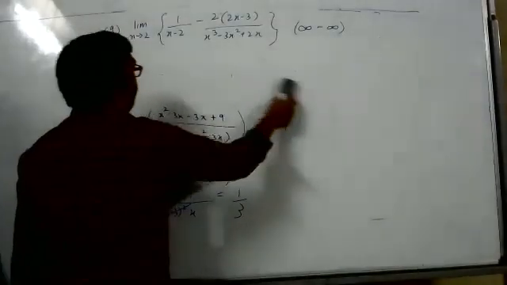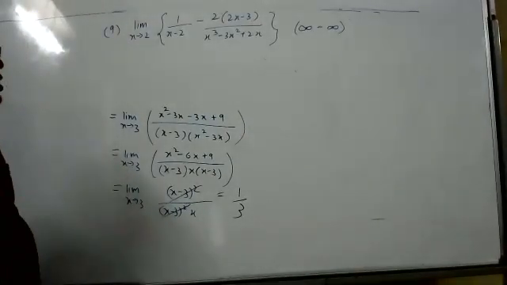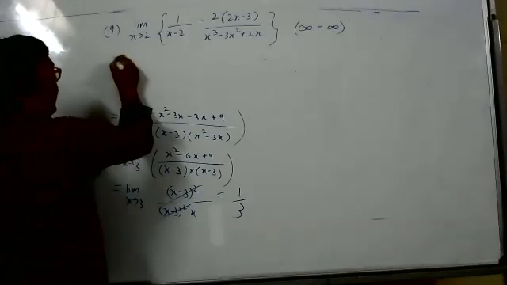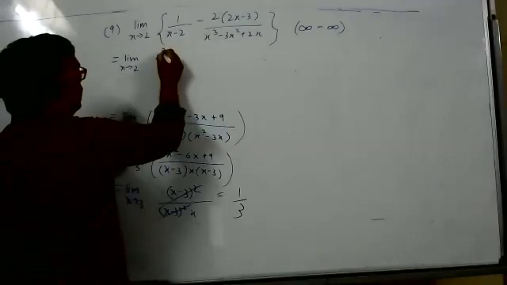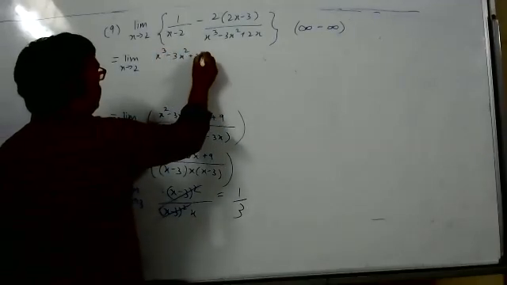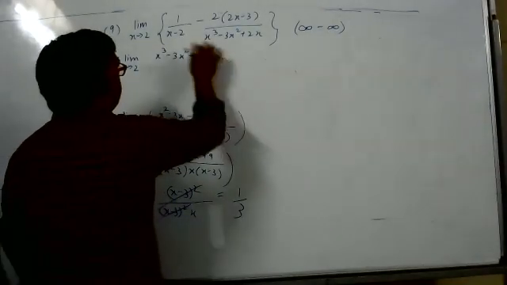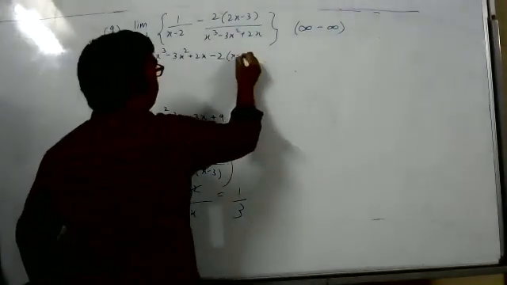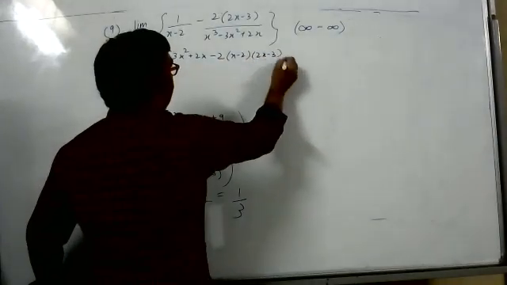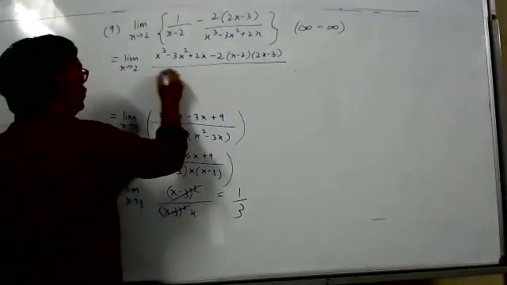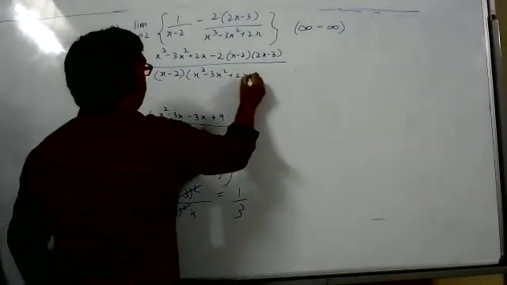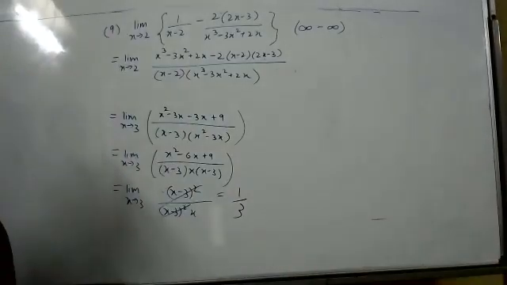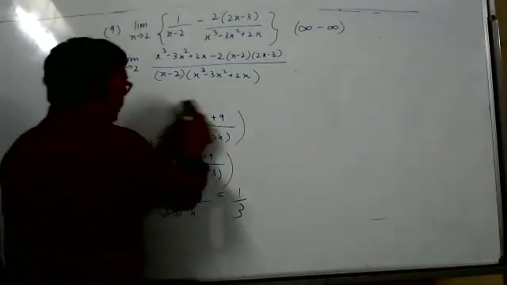How to change? Tell me what we can do now. Same procedure. One of you guide me. LCM, no other option. LCM is cross multiply: x cube minus 3x square plus 2x minus 2, this will go that side, x minus 2, 2x minus 3, by the LCM, x minus 2 times the denominator. Don't open the bracket in the denominator. This is the expression after LCM. What is the next step?